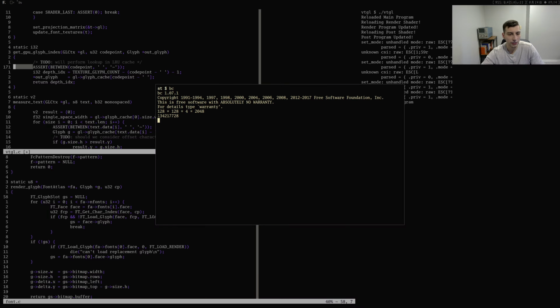That's like a lot, like 130 megabytes that we'd be allocating up front. I don't know if I want to make it that big, to be honest. Seems a little unnecessary. Maybe just like 1,000 or even